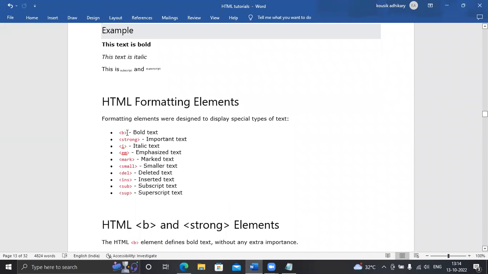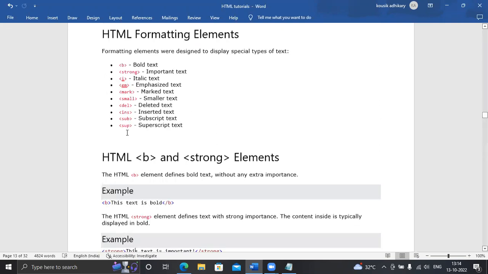Whatever you write within the B tag will be displayed in bold format. Strong is important text, bold and strong. There is the B tag and the strong tag, and they don't have a huge difference.